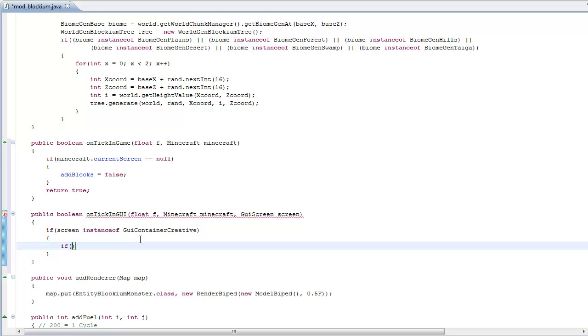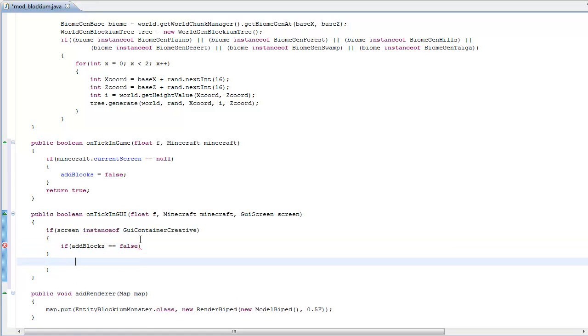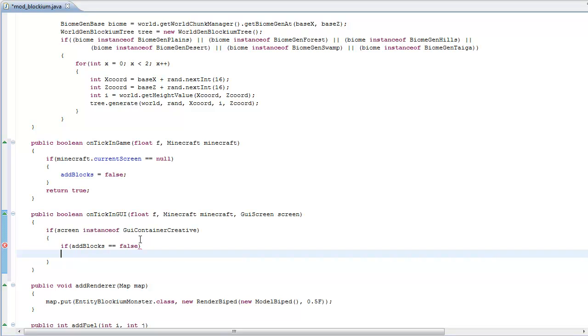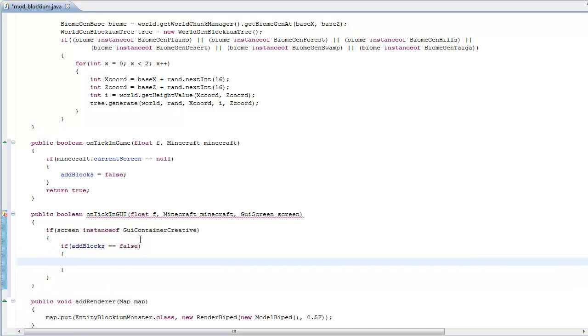So next we're going to do if add blocks equals false. So we're checking if it is false. Whoops. Then you're going to do another opening and closing brackets right after that one. So it's like a nested if statement. Then inside of that, what you're going to do is container with a capital C, container